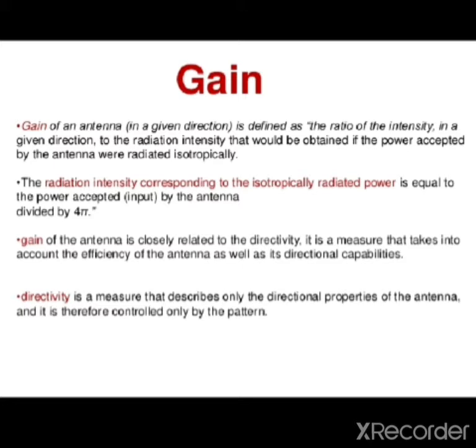If you take the 2 antenna method or the 3 antenna method, there is also the comparison method and the absolute method. For example, you take the absolute method. In the absolute method, you take the 2 antenna method. One is the transmitting antenna, another is the receiving antenna. Generally on the transmitting side only one antenna is there, and on the receiving side you take one isotropic, another the antenna under test. Which antenna are you going to measure?